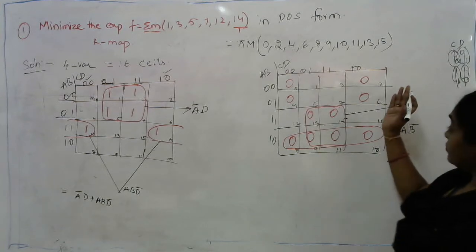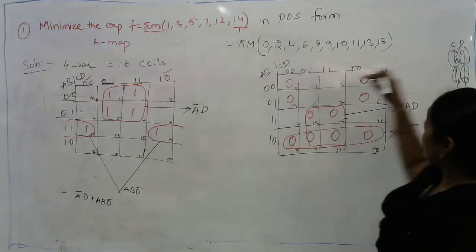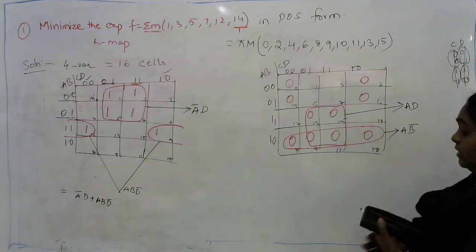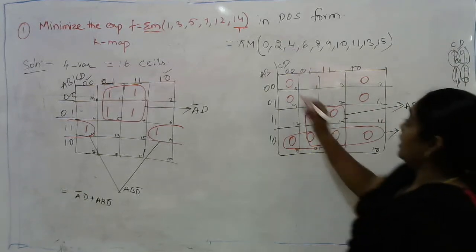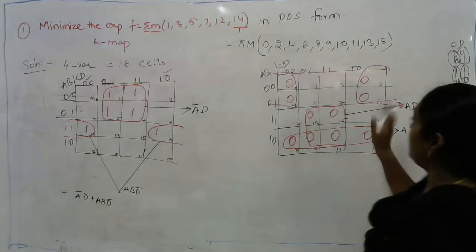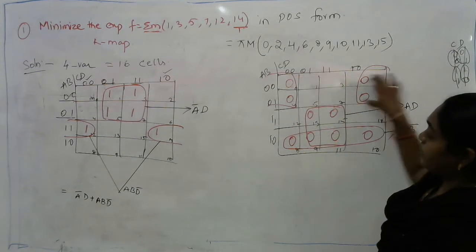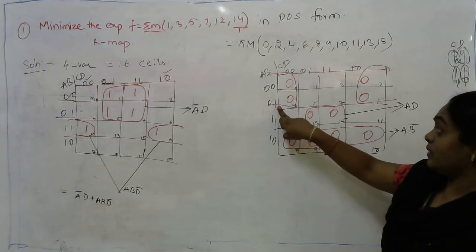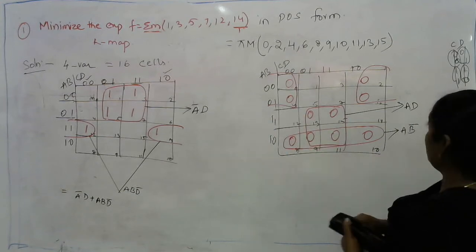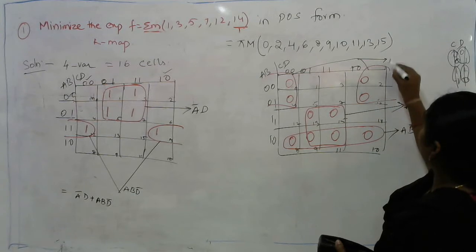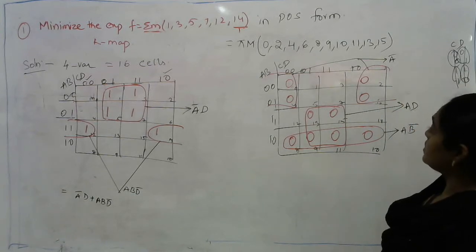Now coming to this, you can make these two as one adjacency, these two as one adjacency. But if you fold this K map to this side, can I say that 2 and 6 are adjacent to 0 and 4? That is the reason, instead of making two adjacencies, I can make another quad. So here these two will become a quad. As these two are present in two different rows, B is going to be cancelled out because B is 0 once and 1 the other time. So the leftover is only A bar.